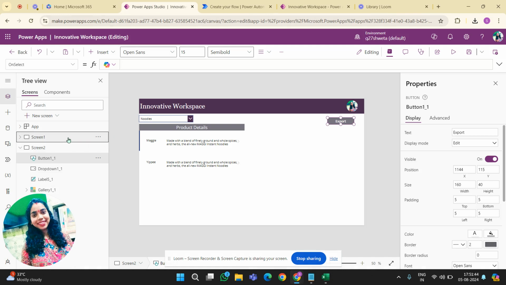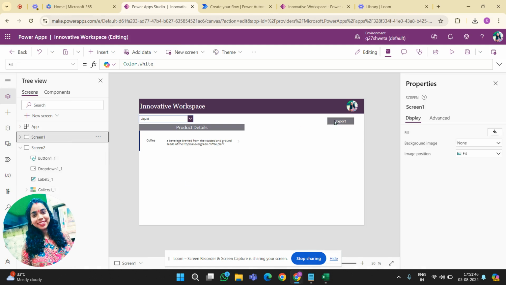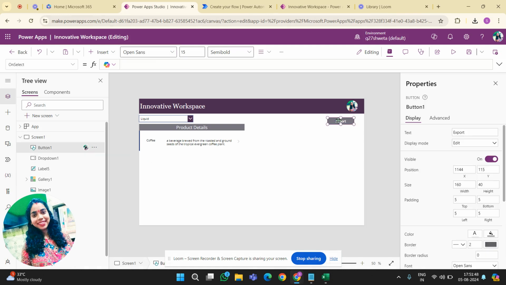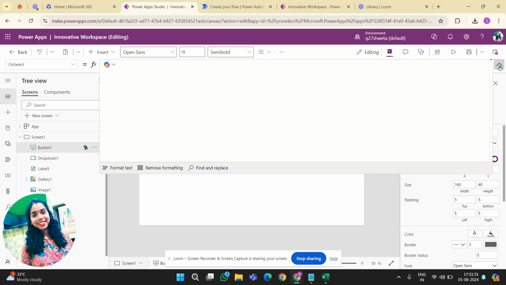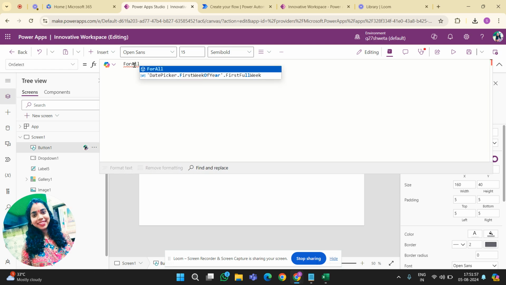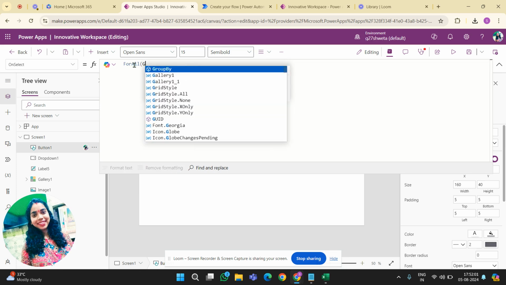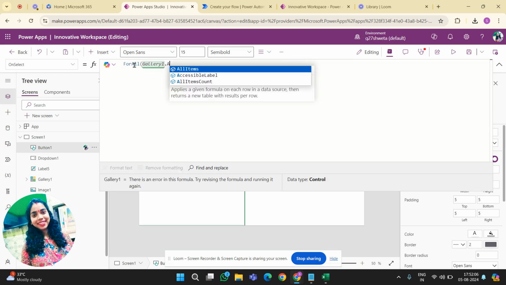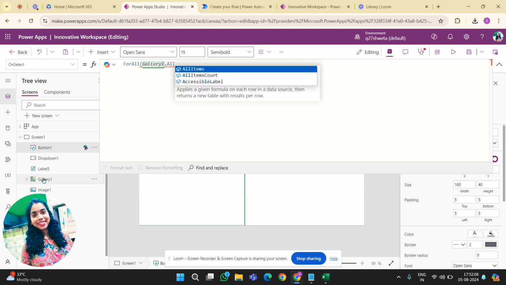Come to the Power Apps screen. Here we have one button. Under this button we will write the code. For all, gallery. My gallery name is Gallery1.